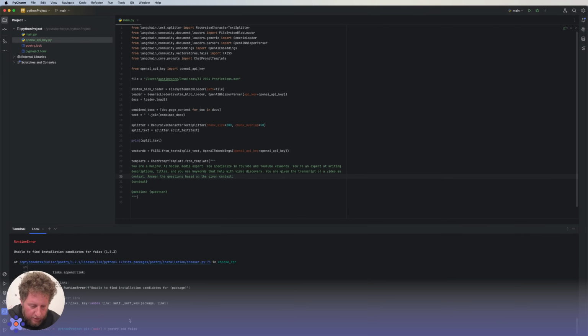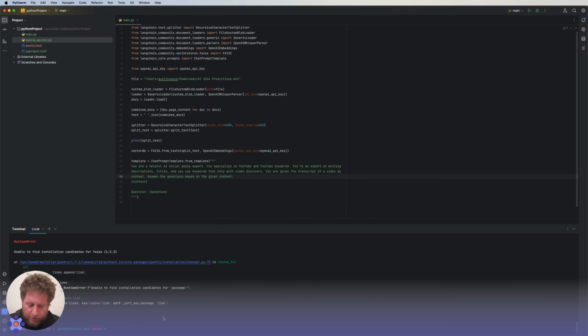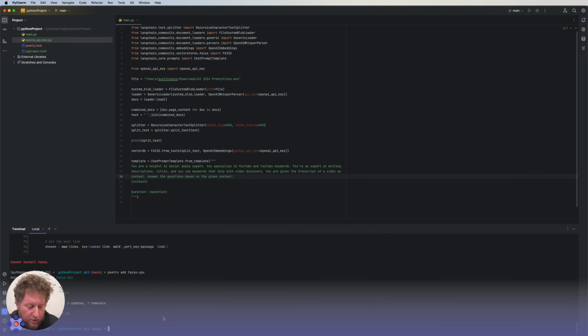Let's see what's going on here. I'm going to pause and come back when I solve it. That's right, the package isn't called FAISS like that, but you need to pick between FAISS CPU or FAISS GPU. So there we go, we can use FAISS CPU. That should give us everything we need. Now we've got the ability to embed in our vector DB, and we have our prompt written out.